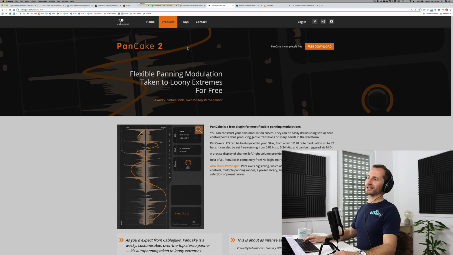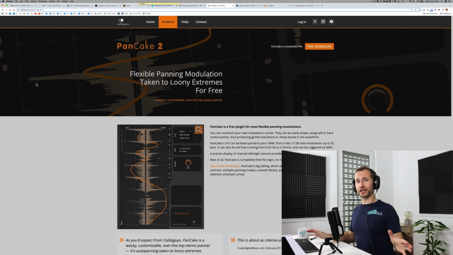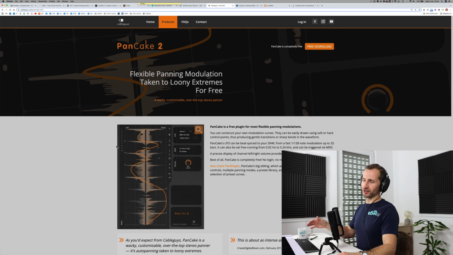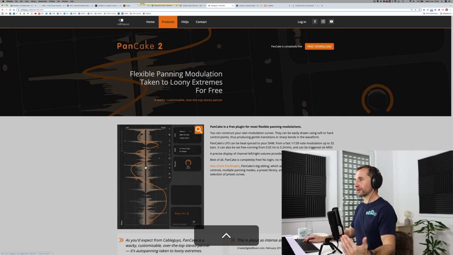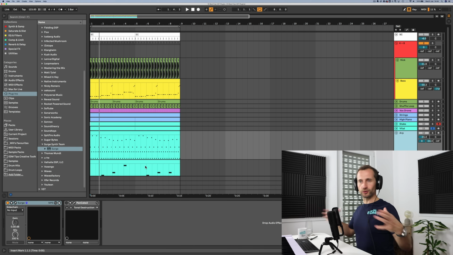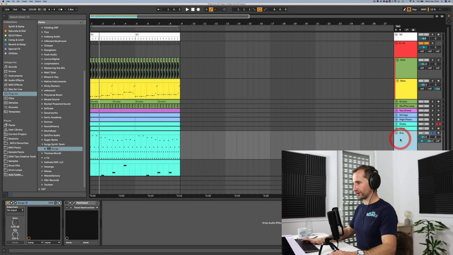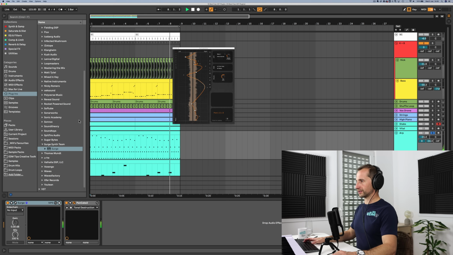That is Pancake by Cableguys. Now, if you've got ShaperBox, these are the guys that make ShaperBox. They've absolutely nailed the game when it comes to being able to modulate sounds after you've created them. And the Pancake is really working with panning and in the stereo field, as you would expect. But you can get some pretty interesting sounds that are just going to create more interest and movement to your music. So if we listen to our arp again, our arpeggio, and then just throw on one of these pancakes,